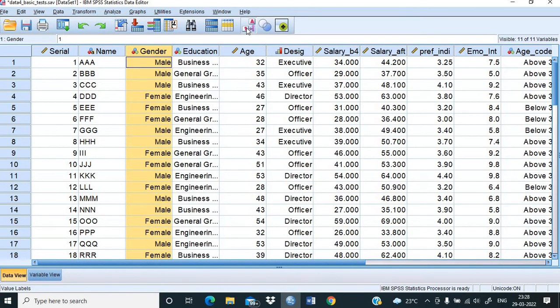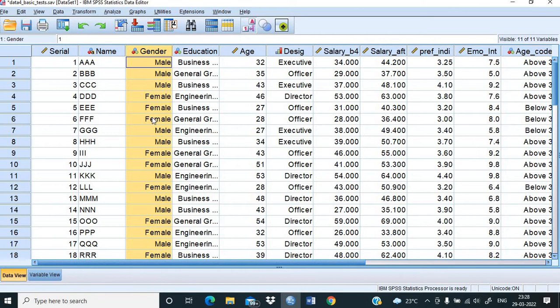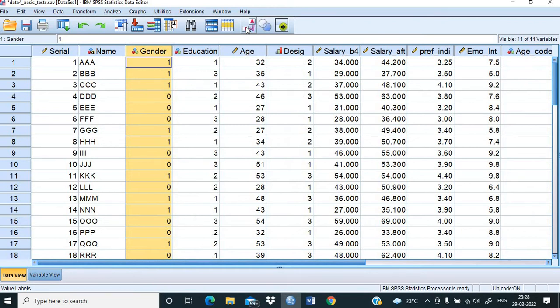So it's like 1110000. But if you look at this, you see the order has changed, 3 males then 3 females, like this. So I don't want this, I want only the code to change. That means the male code should be like